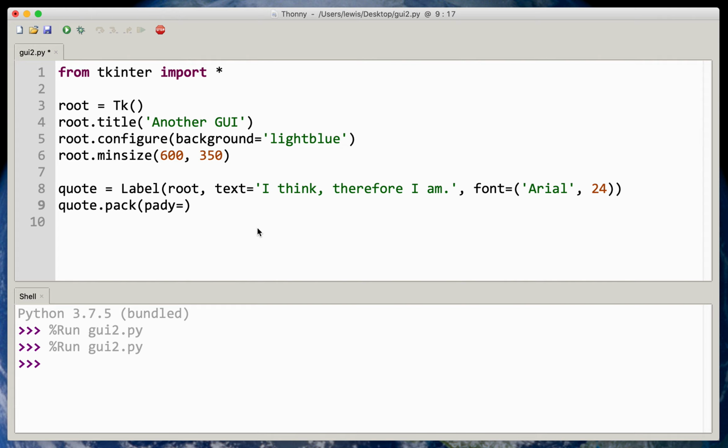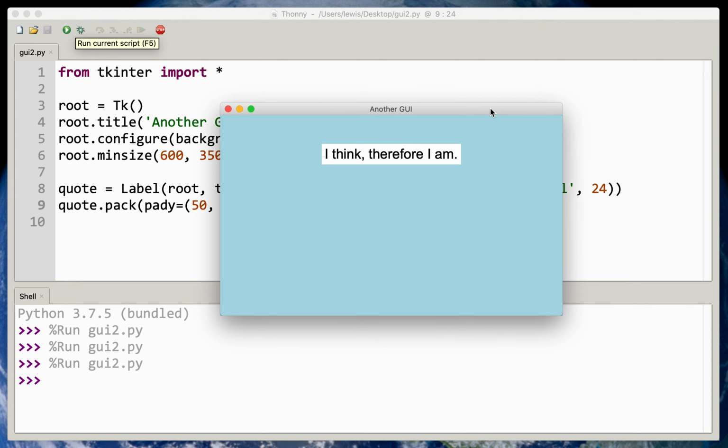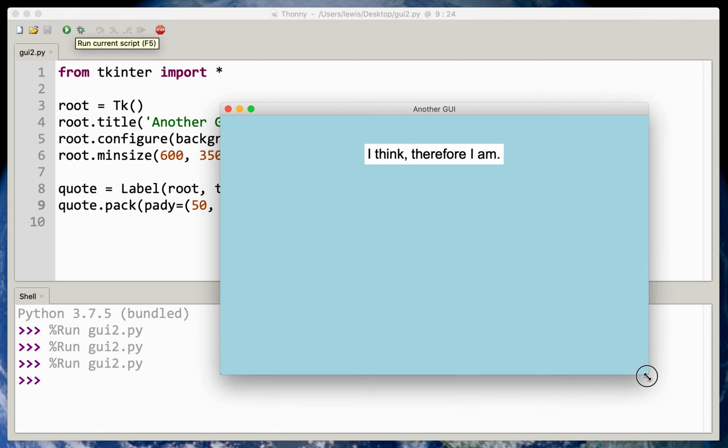So I'm going to specify some padding along the y-axis around this label. You can do it with one value, which will put the same amount of padding on either side, or you can do it as a tuple of two values. That's what I'm going to do here initially. I'm going to put 50 pixels of padding above the label, again along the y-axis, and 20 pixels of space below. So let's run that again now with the new padding, and that positions it in a slightly different